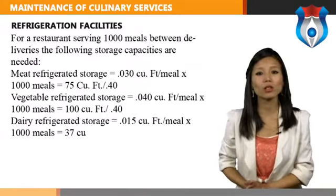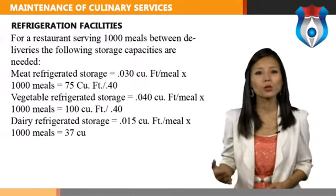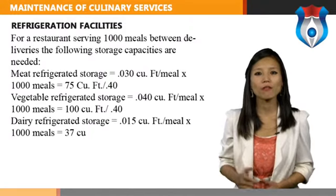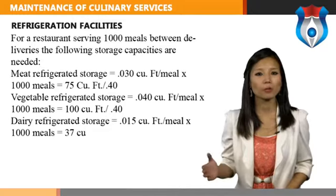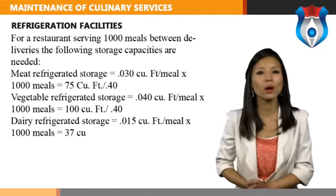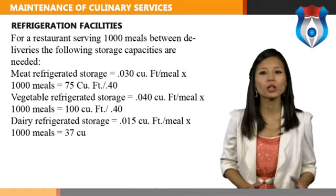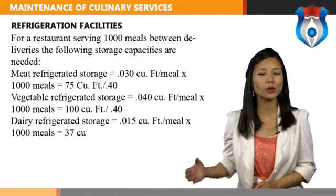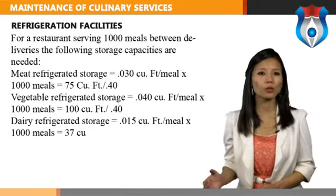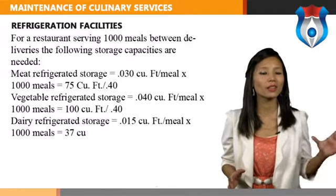Meat refrigerated storage: 0.030 cu ft per meal times 1,000 meals is equal to 75 cu ft per 4 days. Vegetable refrigerated storage is equal to 0.040 cu ft per meal times 1,000 meals, which is equal to 100 cu ft per 4 days. Dairy refrigerated storage is equal to 0.015 cu ft per meal times 1,000 meals, equal to 37 cu ft per 4 days. To calculate the interior storage space required for the example in square feet, simply divide the cu ft